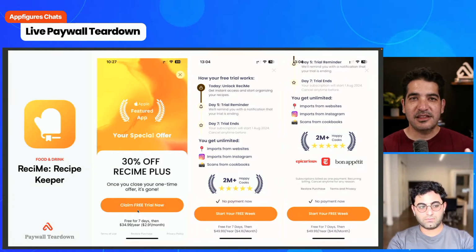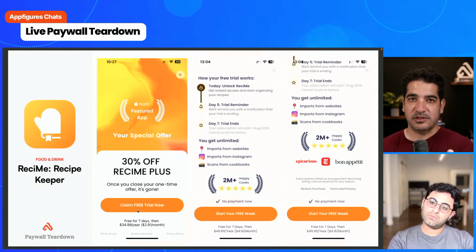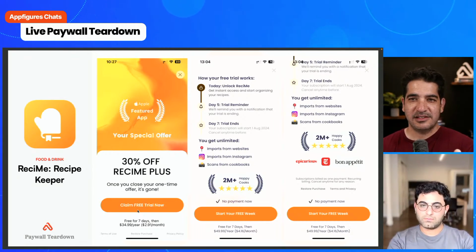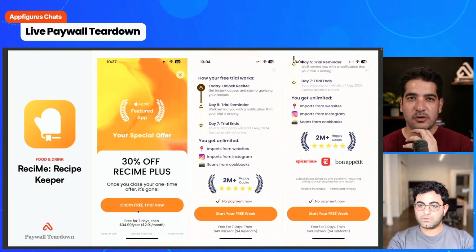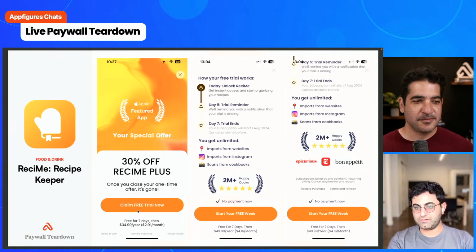But the other thing I was thinking about, I haven't seen the timeline in a lot of apps. Some of them state that, or some of them show that as bullet points or as little checkboxes, but I haven't seen this, and specifically with a trial reminder. Is this becoming more common now because you said that you love it? Or is this something that we're seeing kind of in its early stages? No, that's kind of started by Blinkist a few years ago. They did this free trial timeline with the trial reminder.